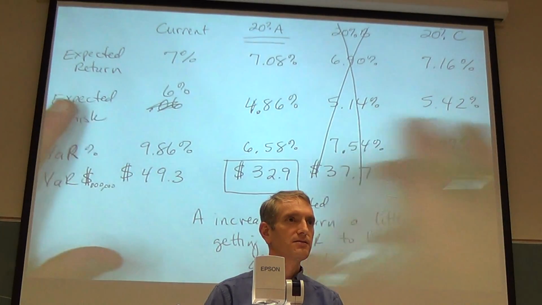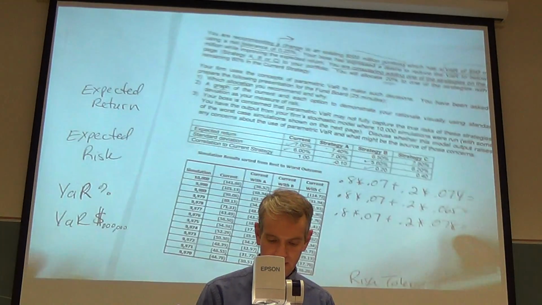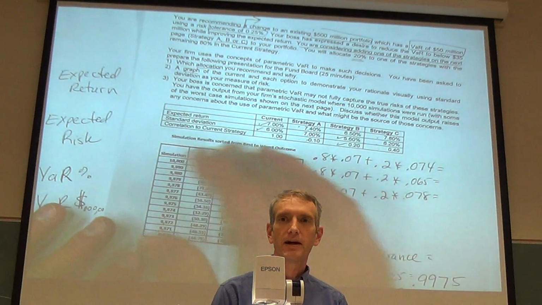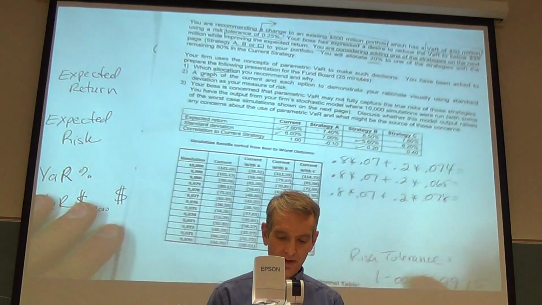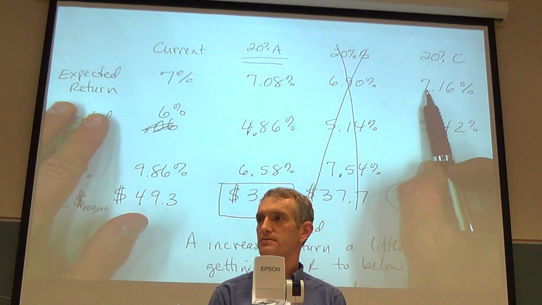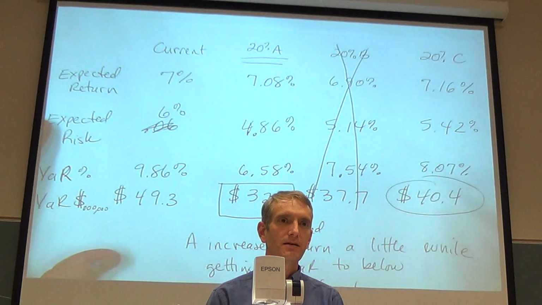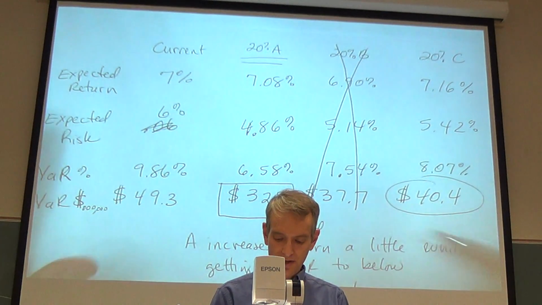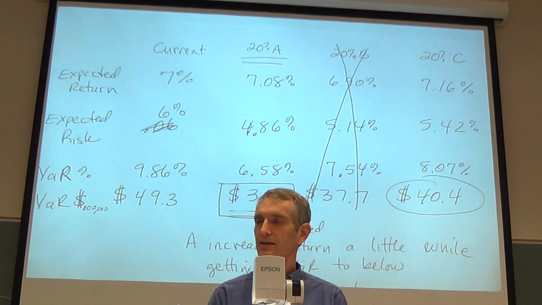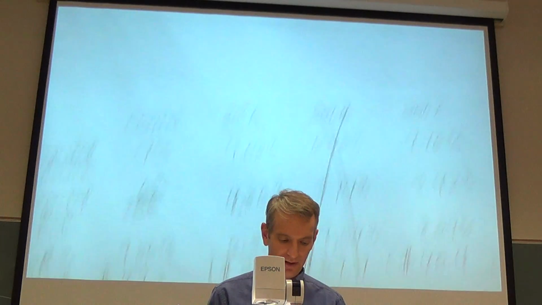All right, everybody's good on this page? So we got all these numbers? The second thing she says is, you know, the board likes pictures, so we need a graph. Now you have several ways you can do the graph. We generally put expected return in percents on the y-axis, but for the x-axis you could do any one of these things. Since she said she wanted a VaR below 35 million, in dollars, I think the smartest thing to do would be to graph dollars, because that's what she said. So I'm going to do a graph,